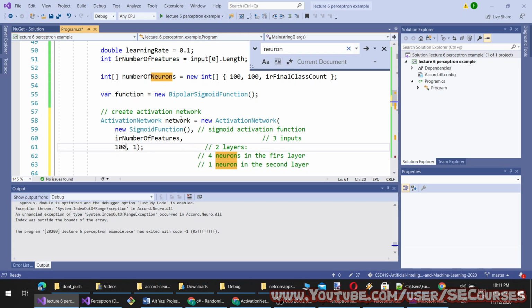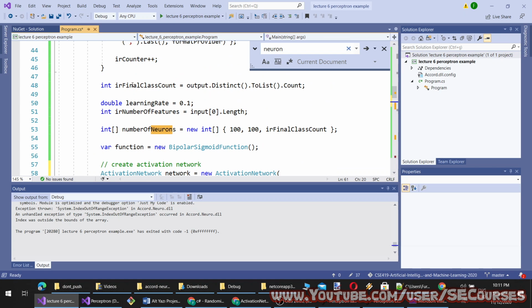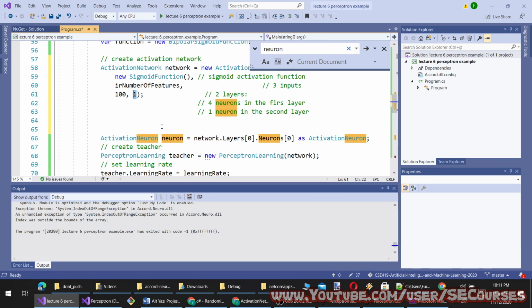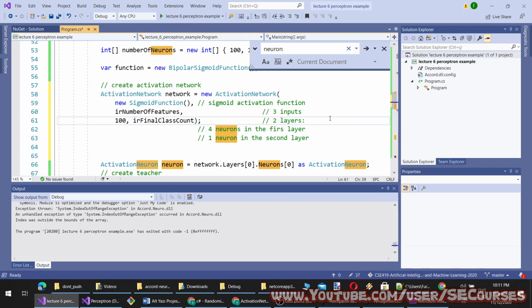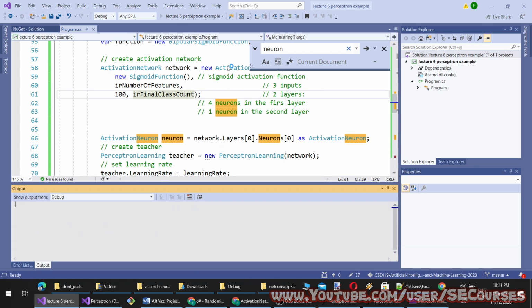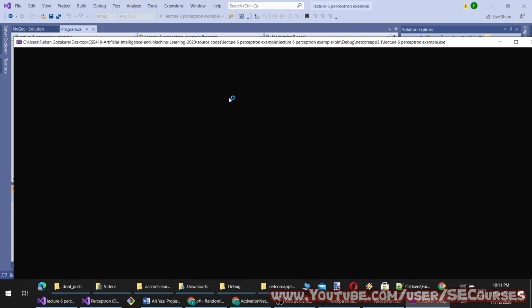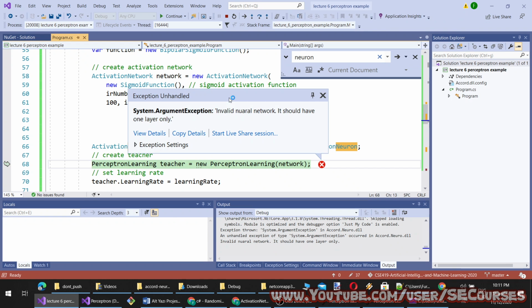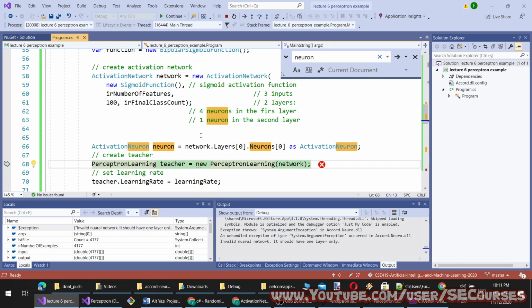Okay, I'm going to make the first layer like this and the output layer like this. And then